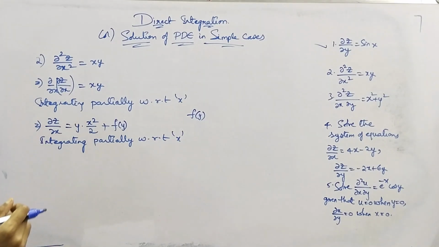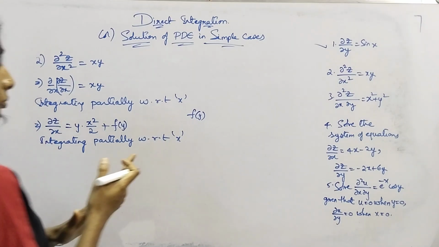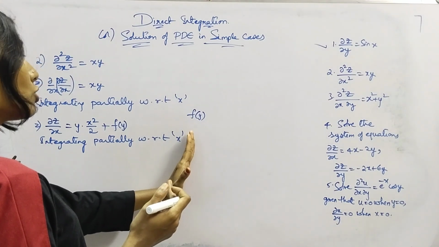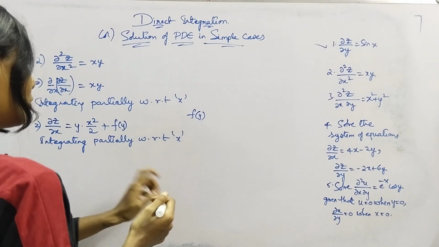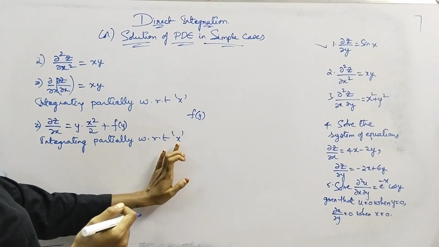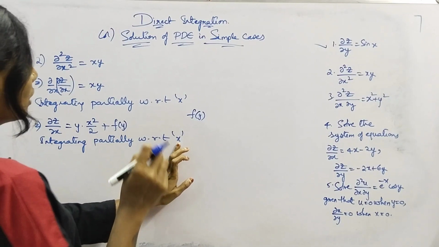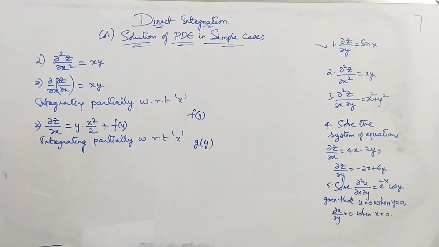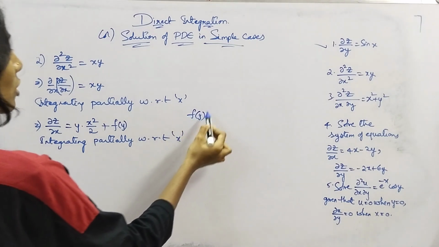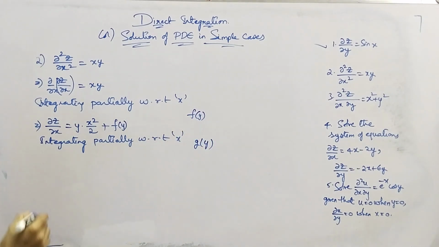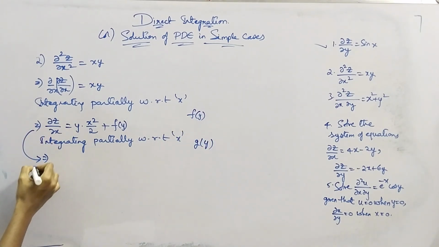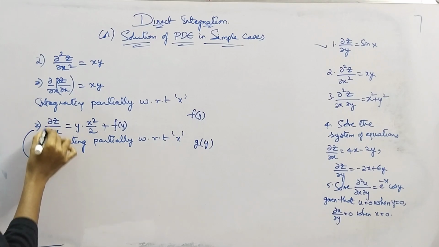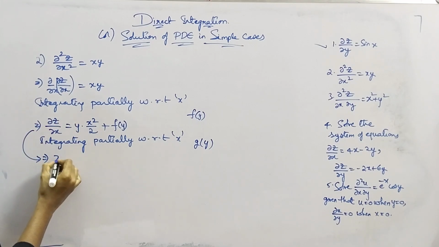So while integrating partially with respect to x, what do we have to remember? We'll get a constant of integration, since here we are partially integrating with respect to x, so y will be treated as constant, and you'll have a constant, some g of y. Already we have used f of y, so let's take g of y here. Okay, the partial derivative disappears and you'll get z equal to, right, z equal to,